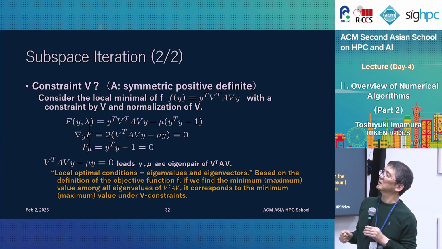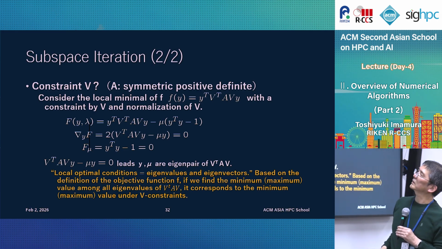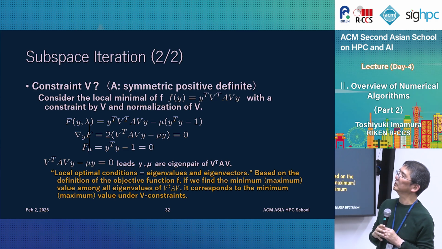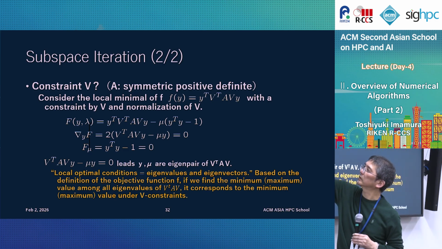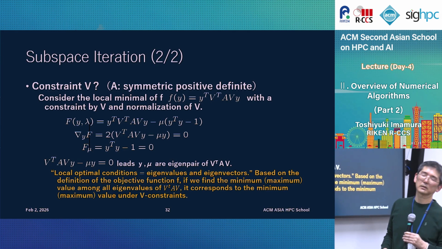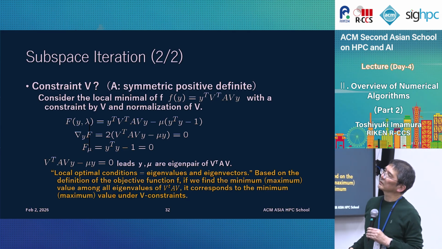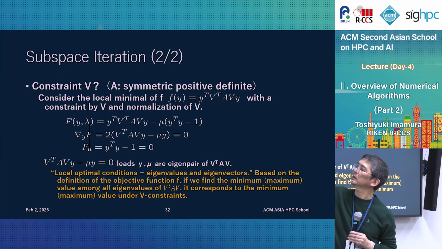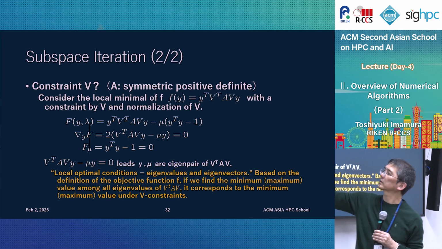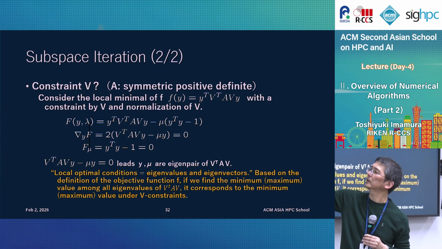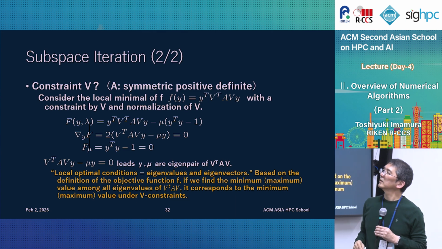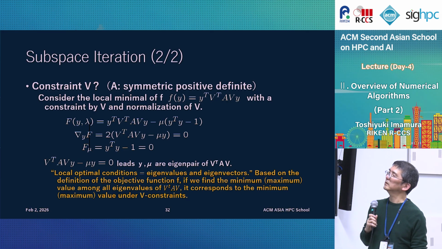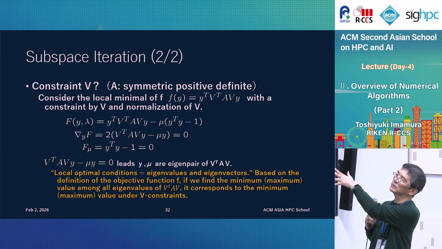So it's a Lagrangian. This is a minimization of this term with this constraint. So we compute the gradient with respect to y and the parameter mu, and we have these two relations. If we solve the two relations at the same time,